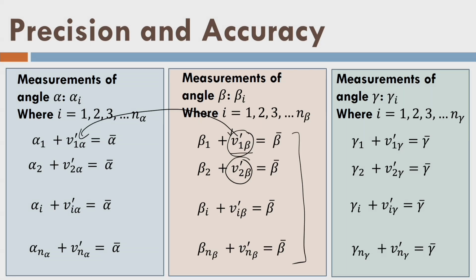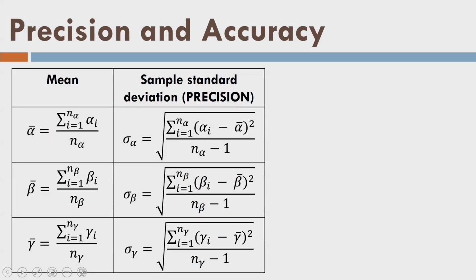That means if I put the total station at one of the vertices, let us say A, B or C, I take the observation like alpha n number of times. Well, similarly beta and gamma. Let us go ahead. Now I can take the mean value, and that formulation you already know, I am writing it here, and similarly you can find out the 1 sigma value or the standard deviation. So, this is the standard deviation here of 3 values. So, these are my precisions, and I hope you agree with that. There is no doubt in that.